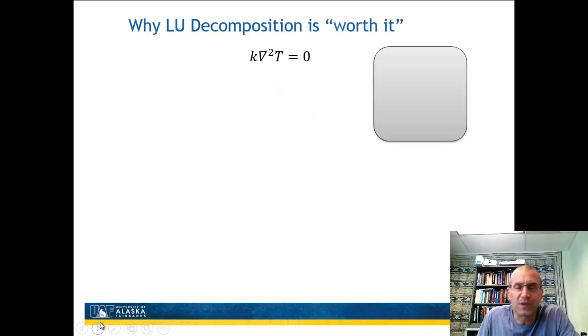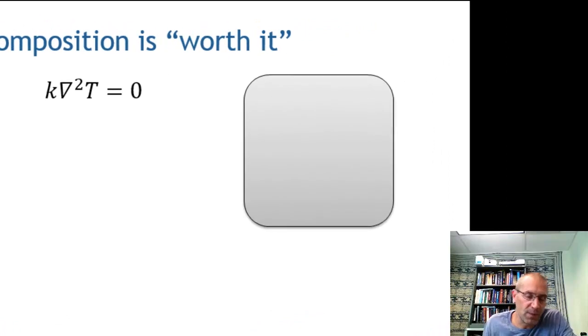So first I want to just talk about why LU decomposition is worth it. If you go through this chapter, you realize it's a lot more work than Gauss elimination, and so why would you ever want to do that? And so what I want to do is give you a very common engineering example of why this might be worth it. So over here on the right, what I show is, imagine this is some sort of, for example,